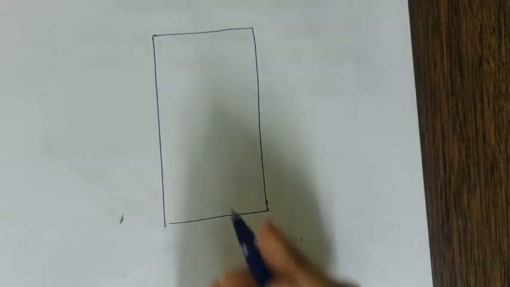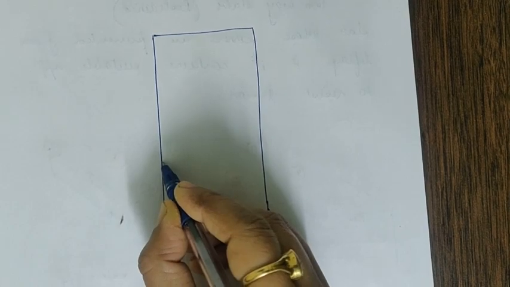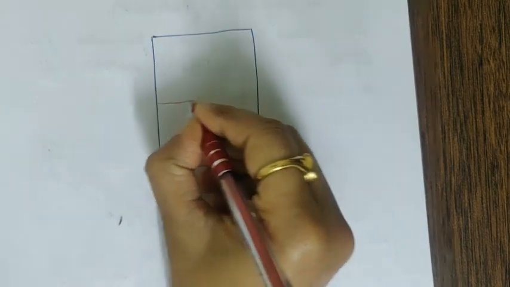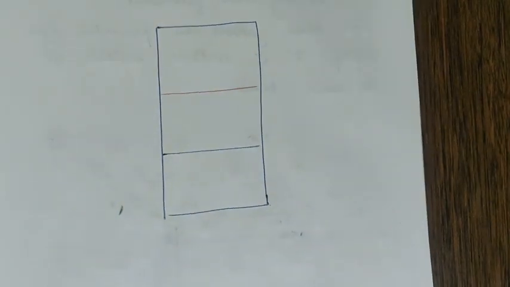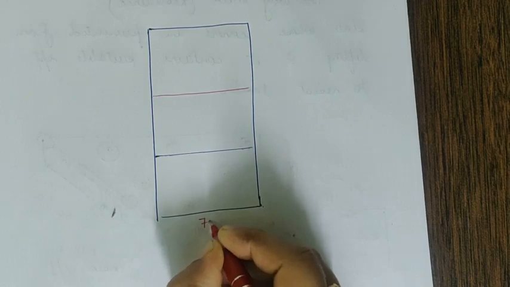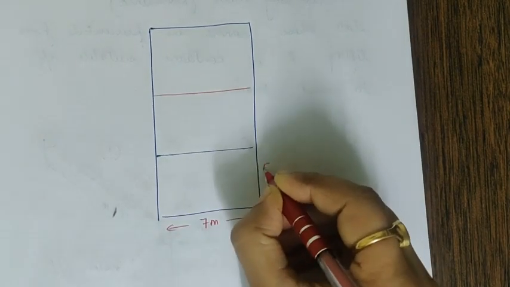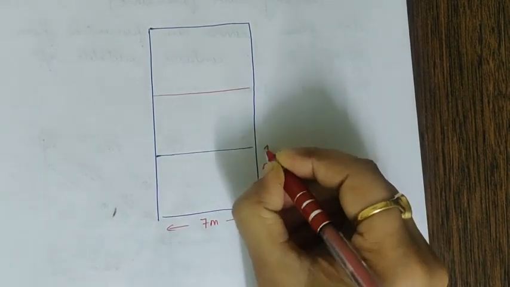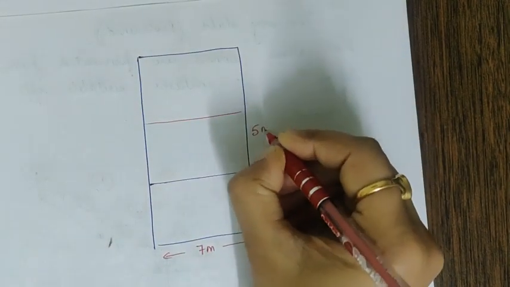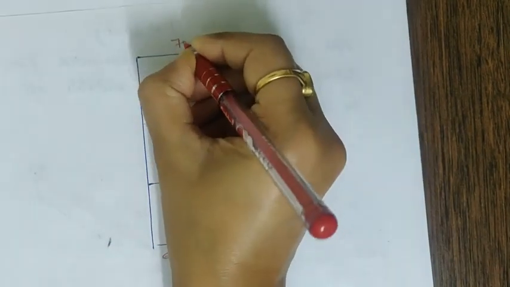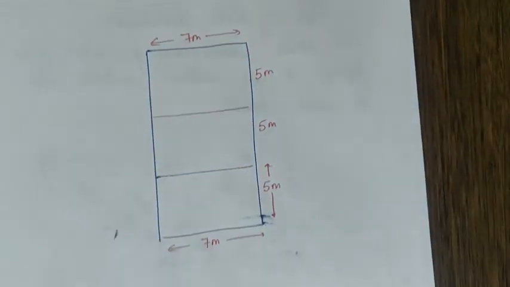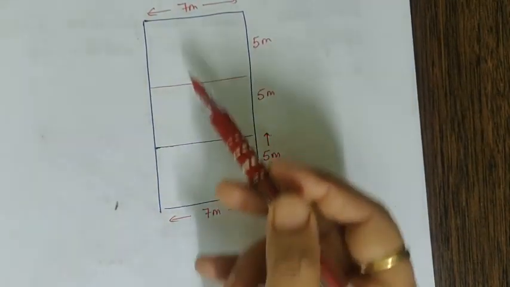Maybe we have a corridor. This is the slab of that corridor, and we have divided this slab into 3 slabs equally. So this may be 7 meters, seems to be the larger dimension. This is, let us say, the smaller dimension, so this is also 5 meters. This is also 5 meters. This is 7 meters. Now instead of 1 slab, we will design it as 3 slabs.